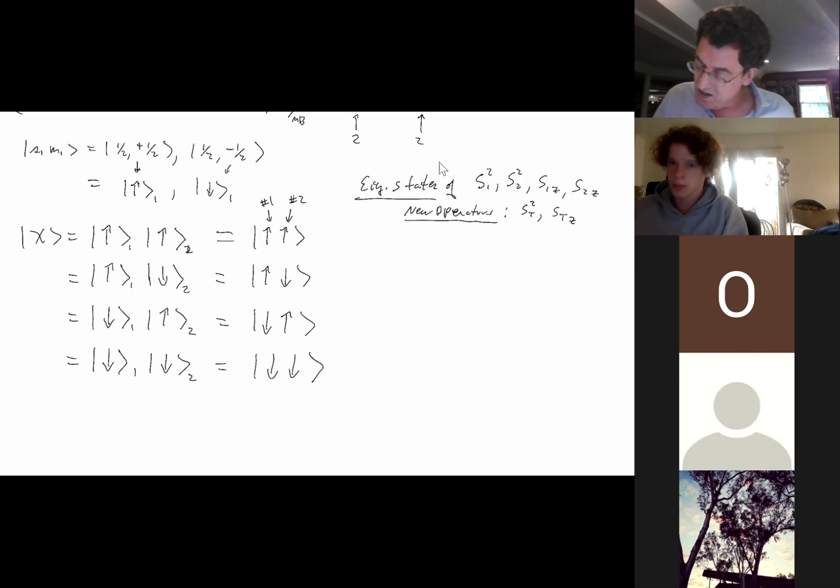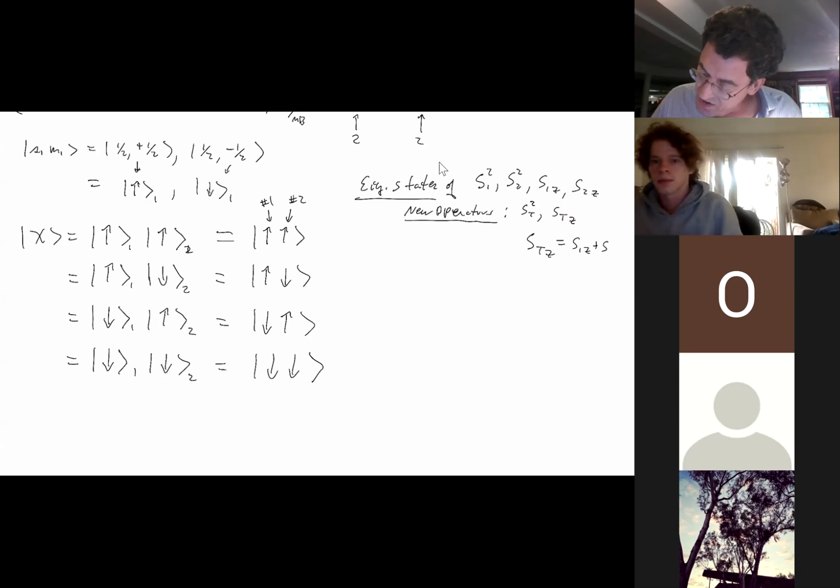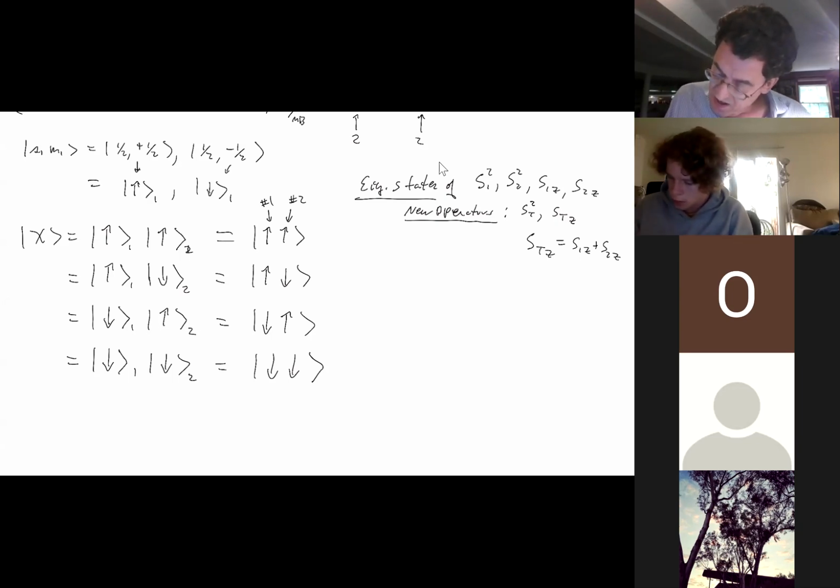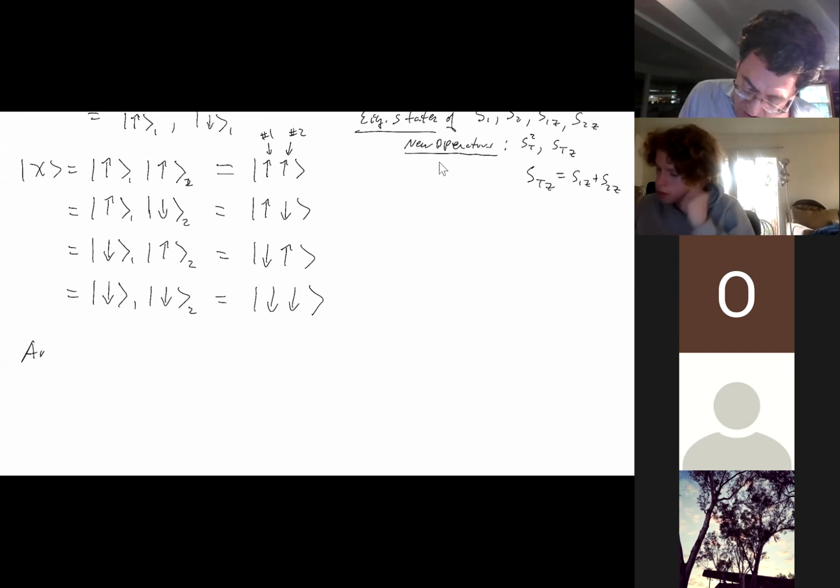Now let's take a closer look at S total z, because S total z is a really nice one. It's really simple. We love S total z. It's so simple because it's just S1z plus S2z in this case, right? It's just the sum of the z components. So I'm going to ask you a question. Are the product states chi